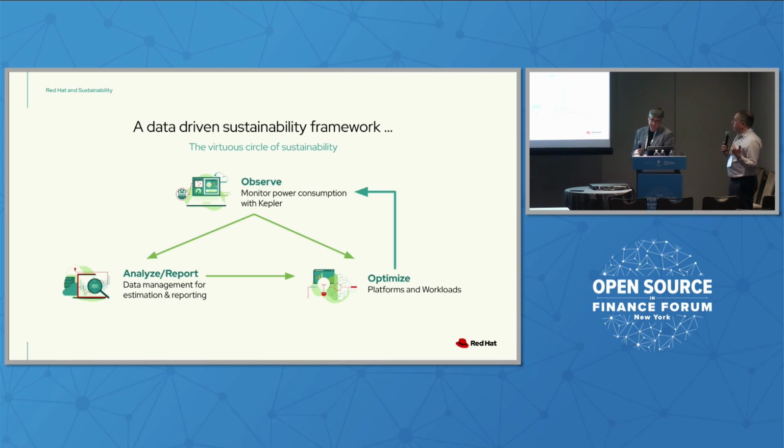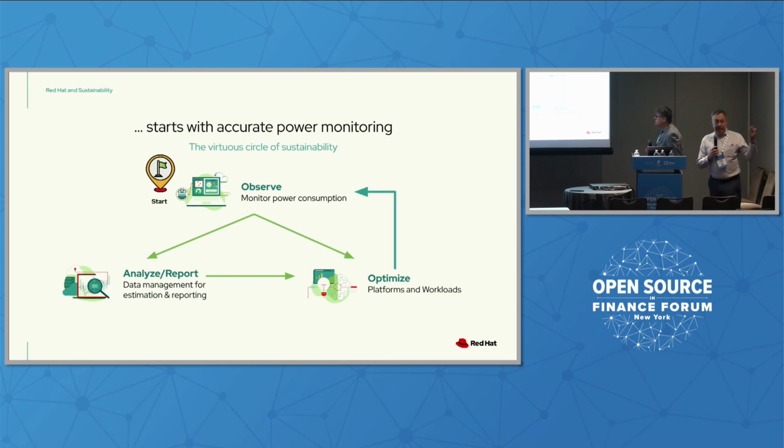Can I just add one thing also? The premise that I have is that many of the banks have carbon goals. Net zero by 2030, 2050, whatever the number is, okay? So we're going to get to the point where the CIO or the chief sustainability officer is going to come to dev teams with a report that says, hey, here's our 1,000 applications that we run here at the bank. Here is the usage of all those in terms of watts or carbon footprint or whatever it is. And I need each of you to come back and tell me, reduce it by 10% by this date. Reduce it by 15% by this date. And using tools such as Kepler allows us to get to that point.